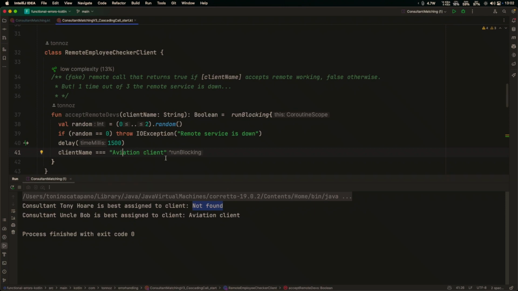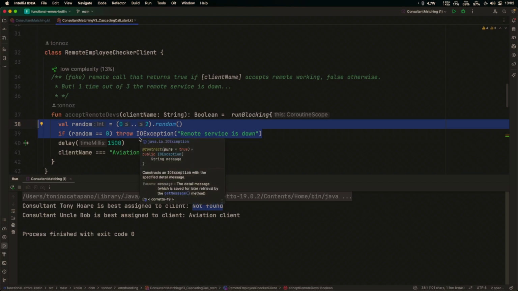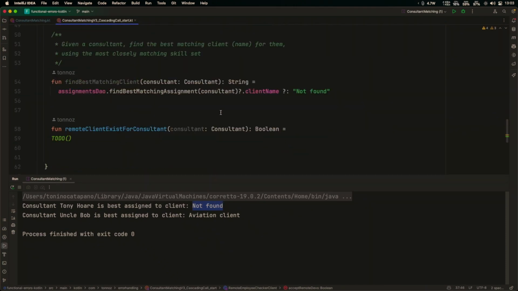As you can see, in case it's an aviation client, it's going to return true, otherwise false. We also simulate some timing for the delay of the network. But what about this piece of code here? So one time out of 3, we're going to fake an input-output exception. Remote service is down. So now let's try to modify the code that we had before,